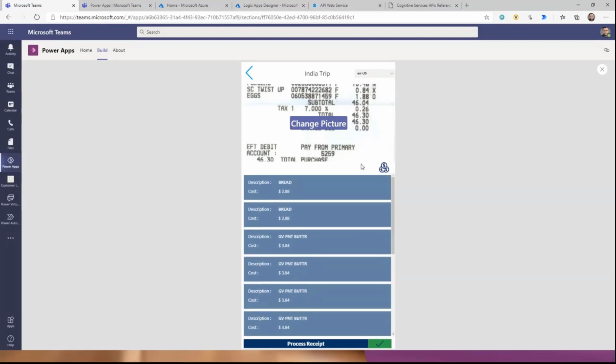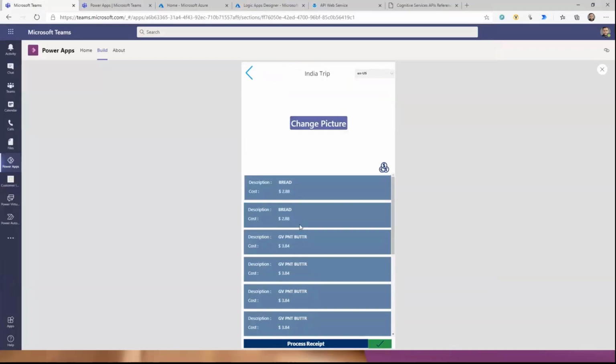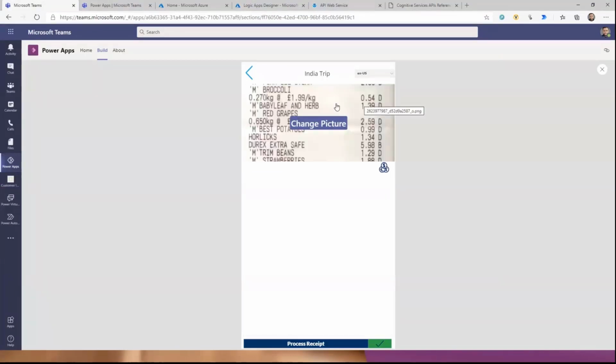There's one more API that I added here. As you can see, here's a currency. So let me pick another receipt. So this is the receipt, as you can see here. Once I process,